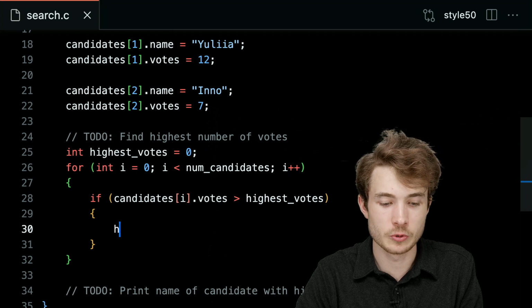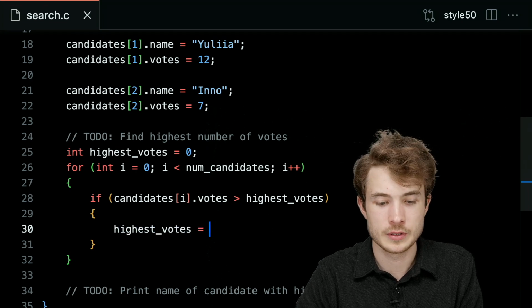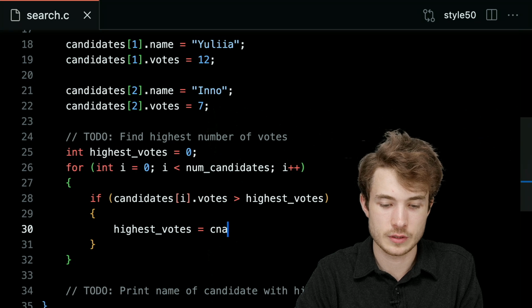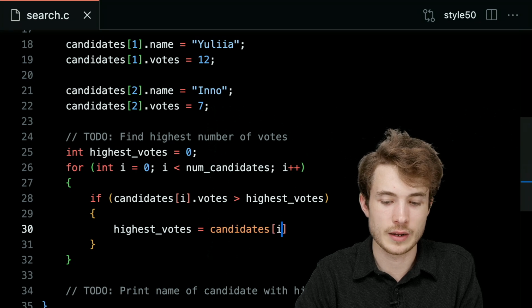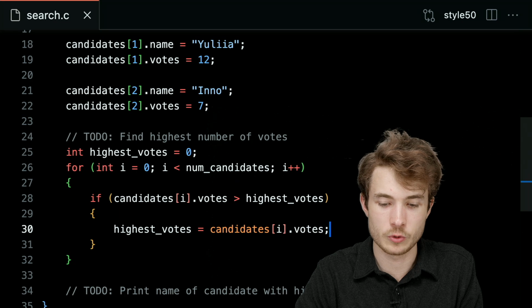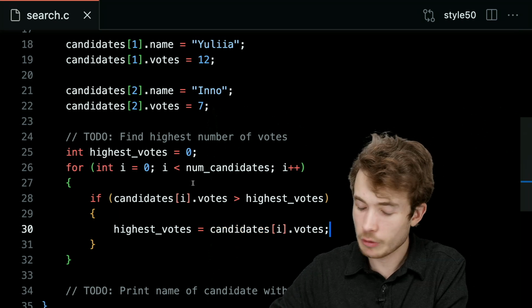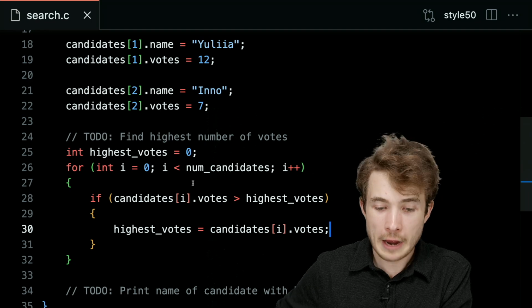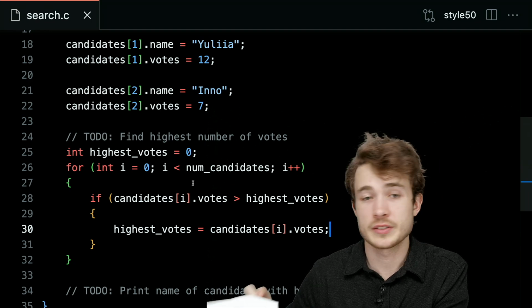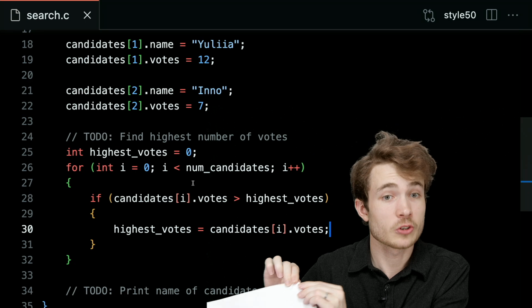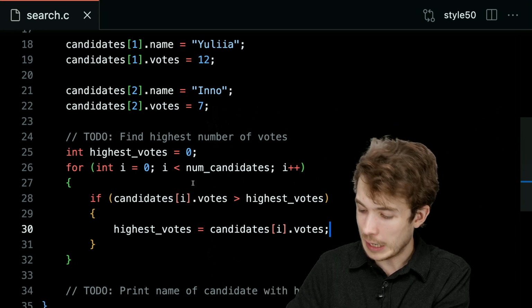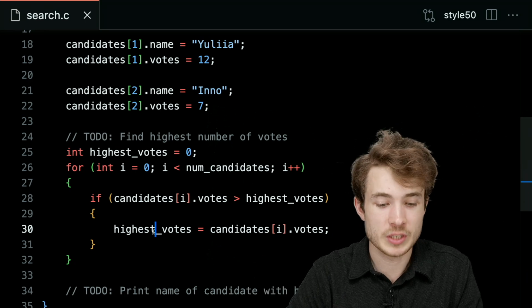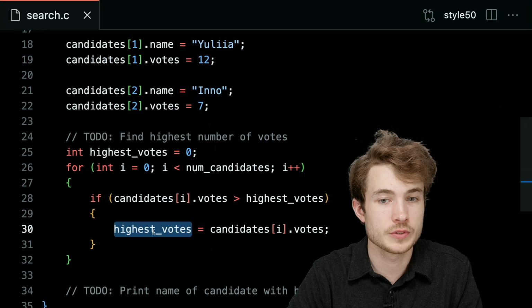So highest_votes then becomes candidates[i].votes. So now what I've said is that if I ever find a candidate who has a number of votes greater than my current highest number of votes, I want to update what I'm considering to be the highest number of votes.